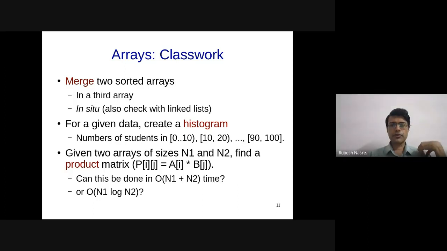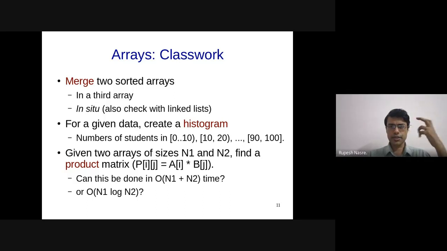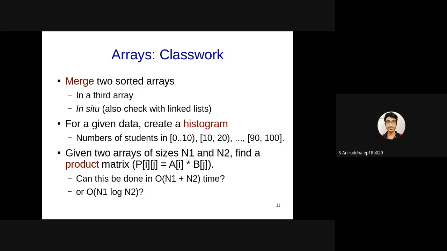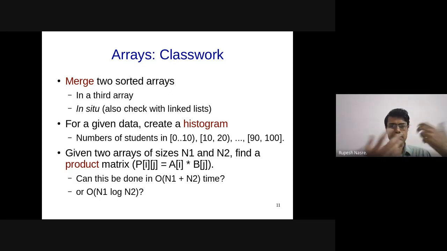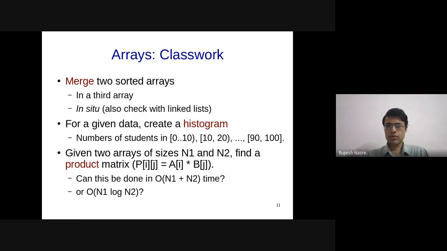I mean, the multiplication of them. So therefore, I think that should be n1 into n2. I still don't know why it is n1 plus n2. I mean, in the worst case, you might be interested in all the values Pij. That's the expectation. Yes, sir. Yeah, it won't be n1 plus n2. Yeah. Sure. Thanks for that discussion, though.